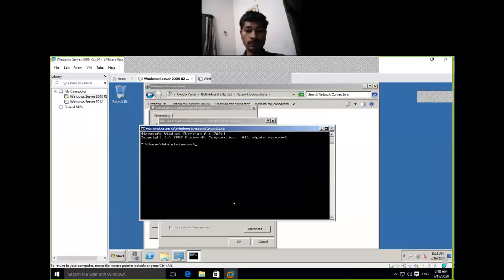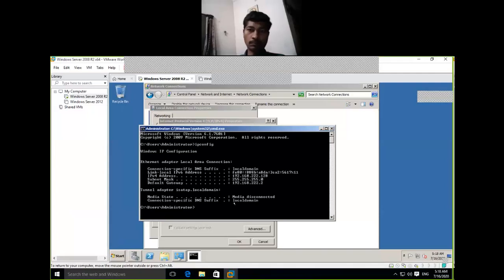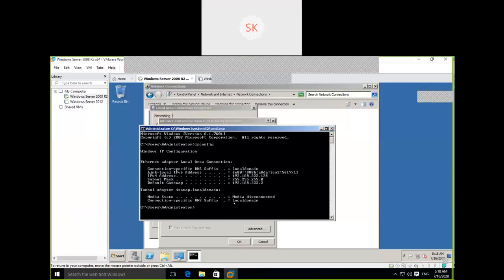How to know the IP address configuration? The command is ipconfig. Just enter. This is the IP address assigned for this particular system. Is it a static IP or a dynamic IP? How to know that? Type ipconfig space /all.